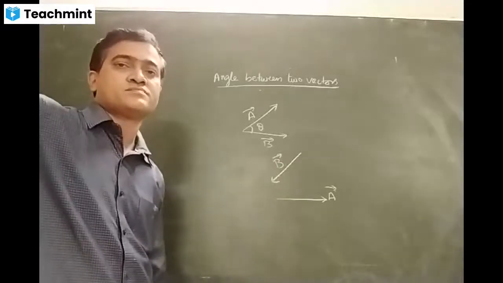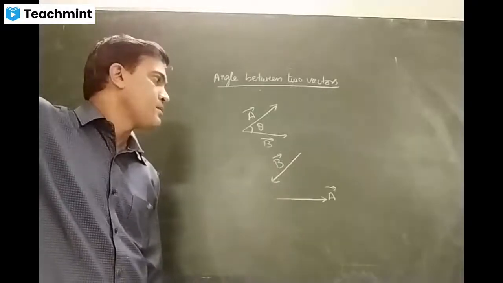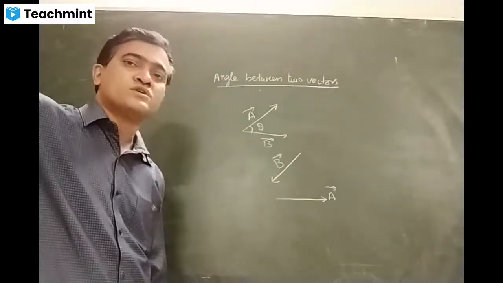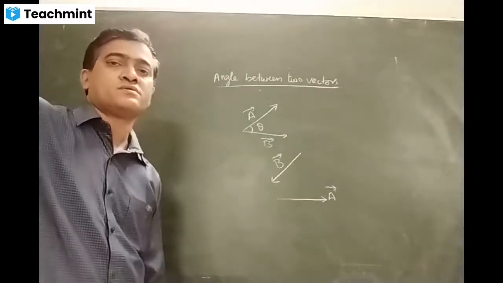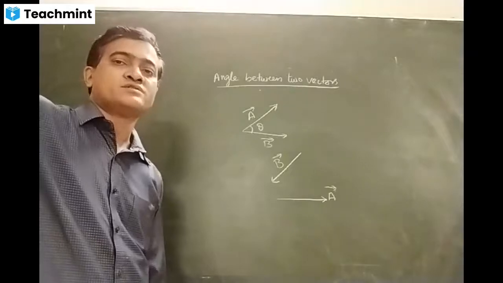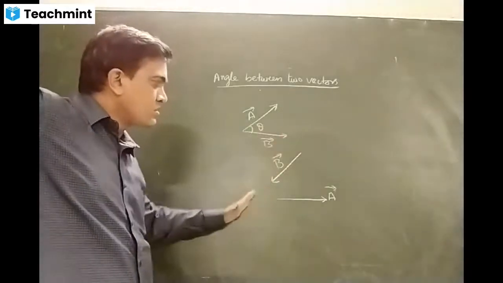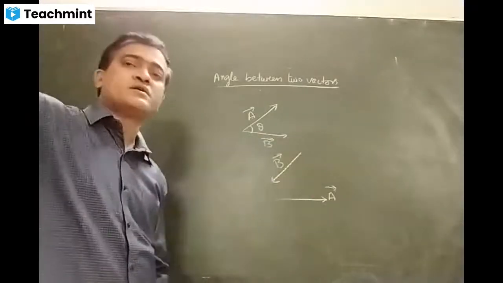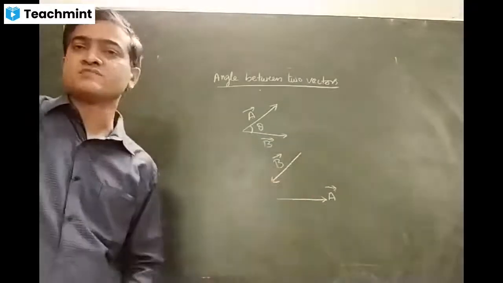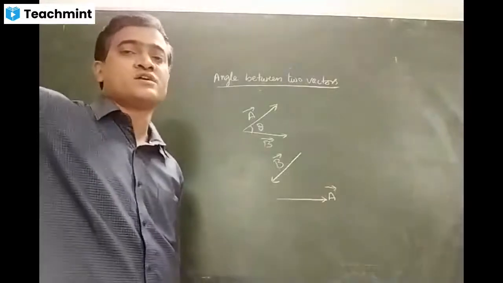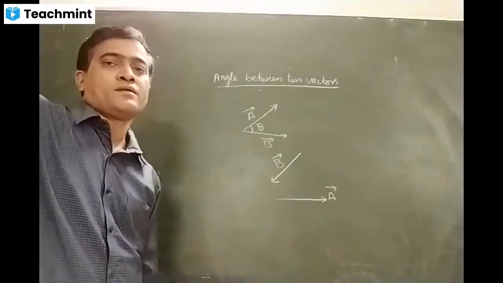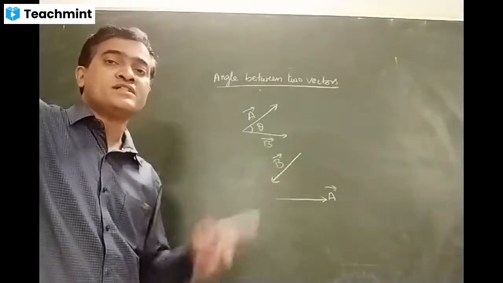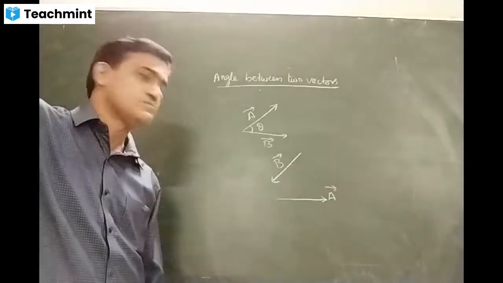Student: Sir, can we change the direction of B bar? Direction, no. You have to move it parallel to itself, either in this direction or in that direction, right? I cannot rotate B bar. I have given two vectors, but how do we join them in order to find the angle? You have to join both the tails of the vectors. So how can I join them?